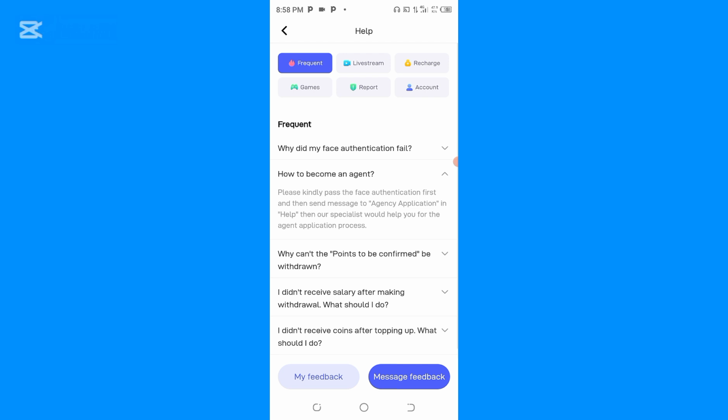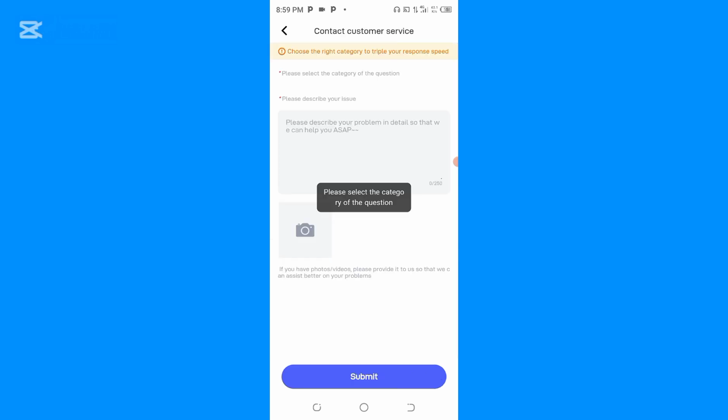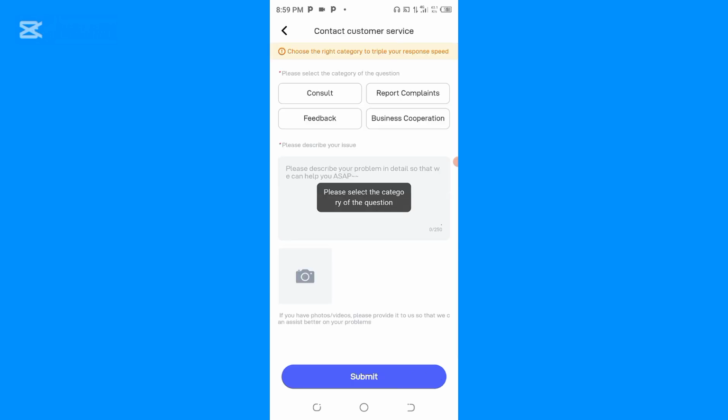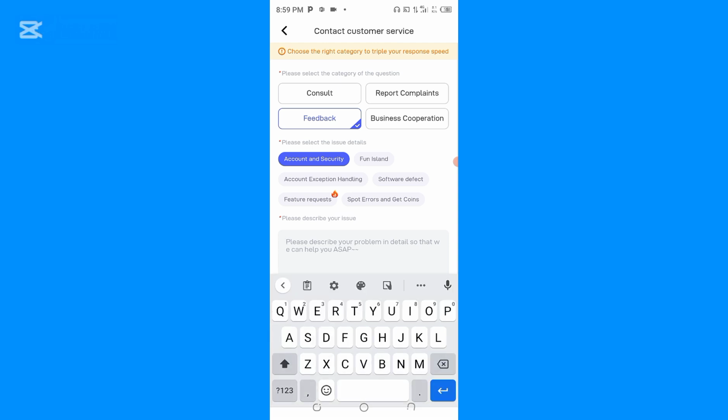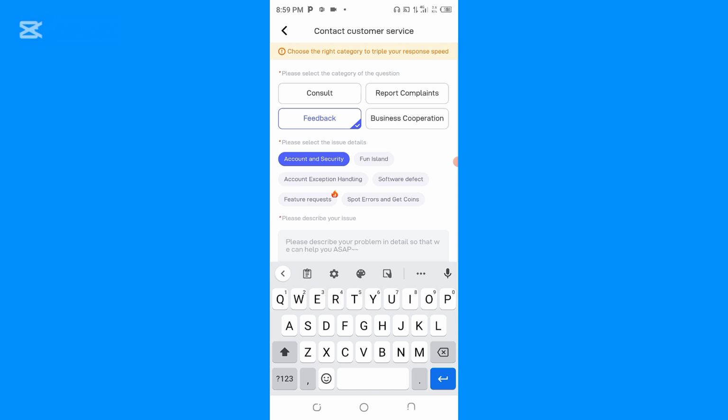So I have completed my first authentication. What I have to do now is to tap on message feedback in order to make my request to my Poppolive agency. So I have to select the category. I just have to tap on feedback, account and security. Now tapping on that, I have to enter my request, which says,